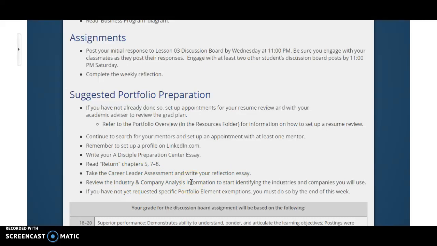Do you have to have them done this week? Not necessarily, but you should have at least gotten started with them. There's the other essays. So write a disciple preparation center essay. So the question I get often is, where do I turn this in? Do I turn it in now? There's no place to turn it in. I get that question all the time, and really the answer is there is no place to turn it in